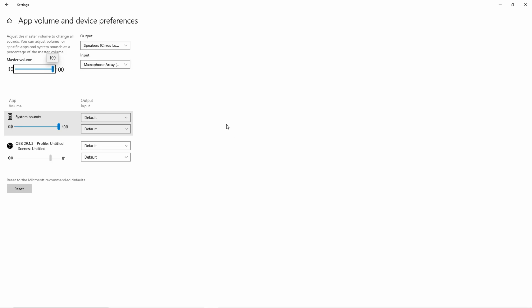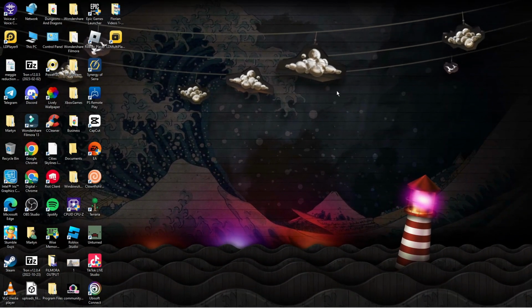Now on this screen, what I would recommend doing is coming down and clicking the reset button just down here, and then what you can do is load up Roblox and see if you're able to play and get sound. Now if you've tried this and that didn't work for you, the next thing you can try is